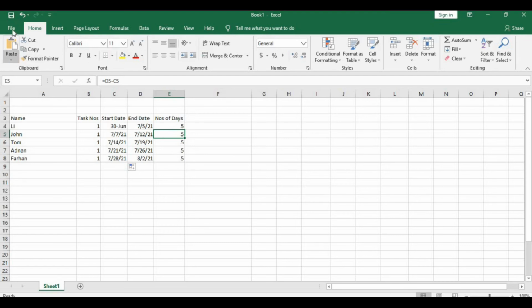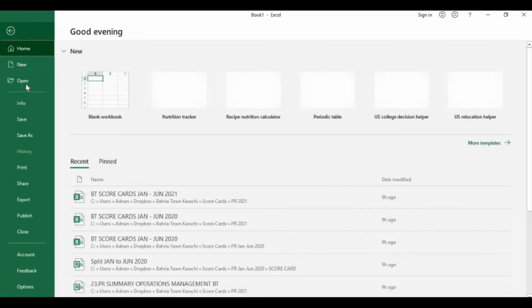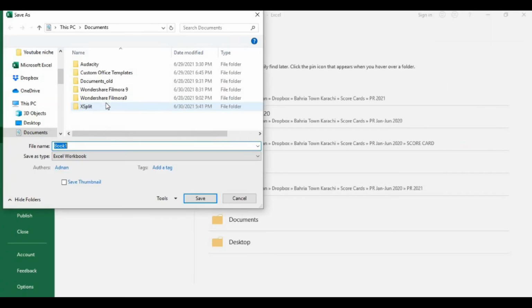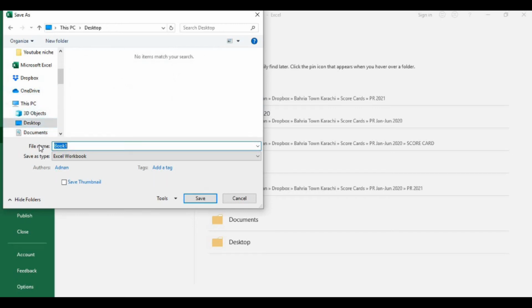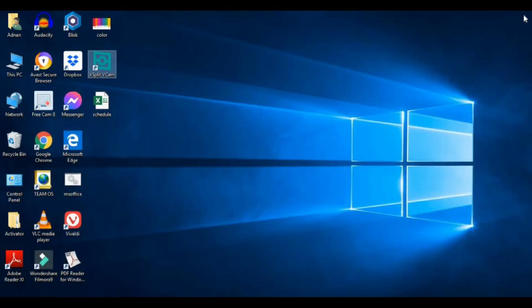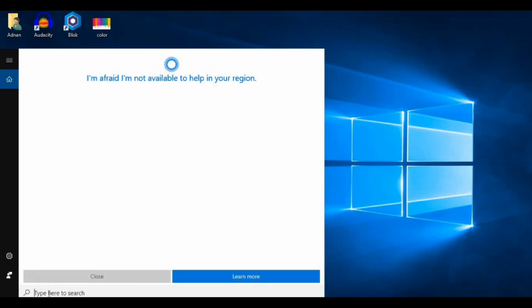Now you can save this format on your desktop. I will give the name Schedule. I have saved the schedule. Now I will close the Excel and you can see the schedule file is over here. So now I will go to the control panel and change my system date